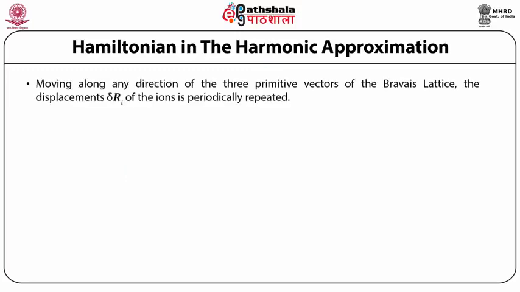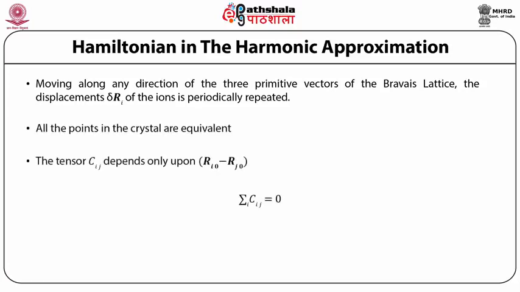If we move along the direction of any of the three primitive vectors of the Bravais lattice, the displacement delta Ri of the ions is periodically repeated. All the points in the crystal are equivalent. The tensor Cij depends only upon Ri naught minus Rj naught, because if one displaces just two ions by delta Ri and delta Rj, then keeping all the other ions in their equilibrium positions, the resulting energy can depend only